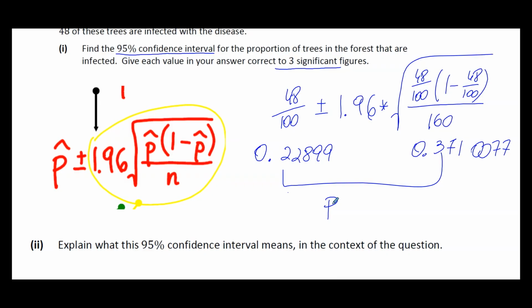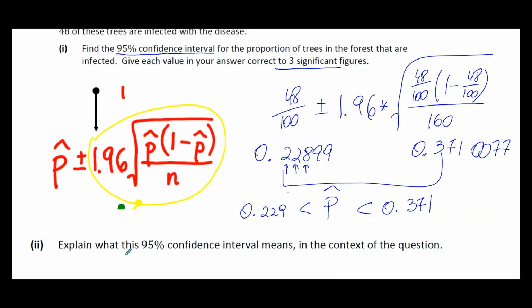Now our answer has to be given to three significant figures, not decimal places but significant figures, okay? Because it doesn't matter whether I'm going to change that to a percentage or whether I'm going to keep it a decimal. Significant means important. So that's the first most important, second, and third. So that means 0.229, where p is our population proportion, and